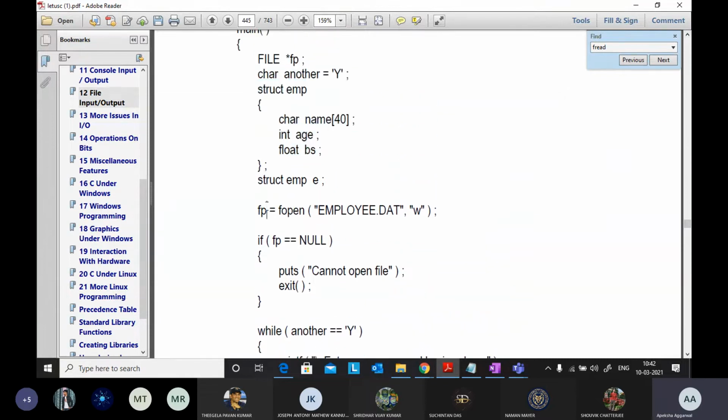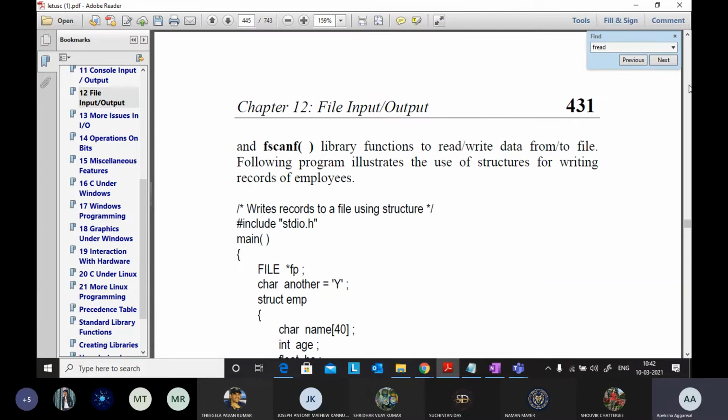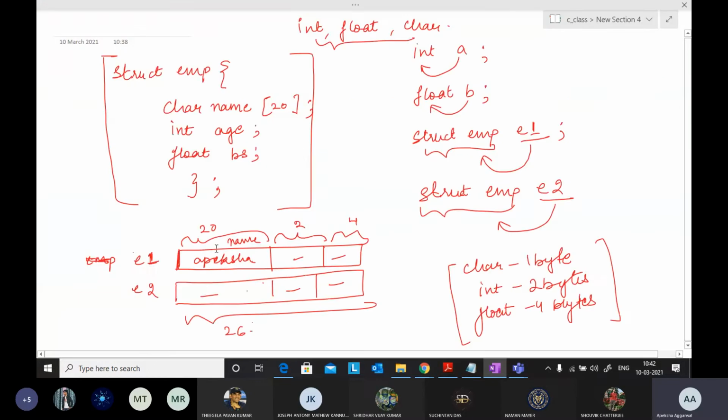Now you are opening the file, because this is a data file, in write mode. What this program wants to do is write records to a file using structure.